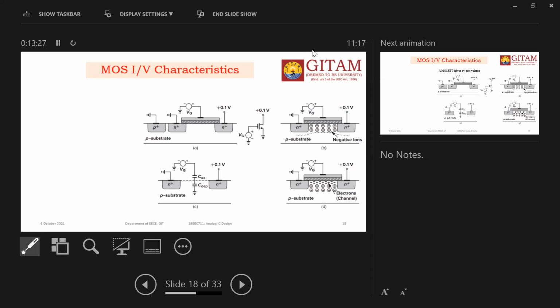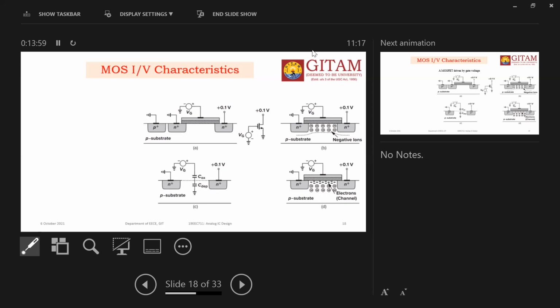The cut-in voltage is a term which is used in the BJT. But in the MOSFET, instead of cut-in voltage, we are using the term threshold voltage. What is the main intention to get the threshold voltage? Why should we know about the threshold? We have two types of MOSFETs. One is the enhancement and one more is the depletion MOSFET, as we know. If you take the depletion MOSFET, the channel is already present. Because of the construction point of view, we must take care to establish the channel.